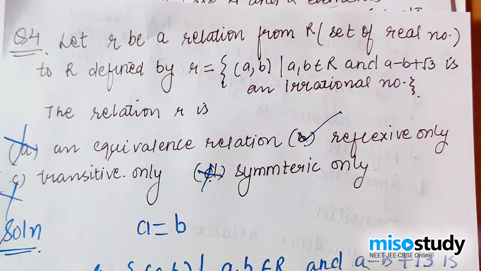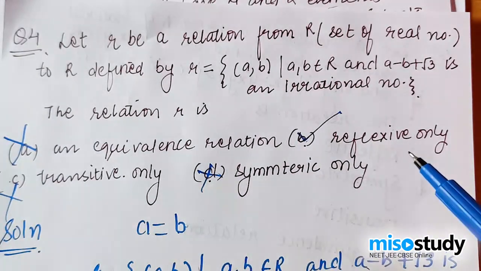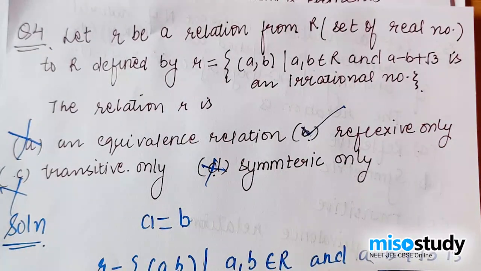There are questions in which the elements are given in the form of sets, like 1, 2, 3, 4, and this is a set builder form, and in that, elements are given in roster form, and you may be asked to find out whether it's an equivalence relation or not. So these are 2-3 categories of questions which are certainly asked in your examination. So I'm discussing all of that.